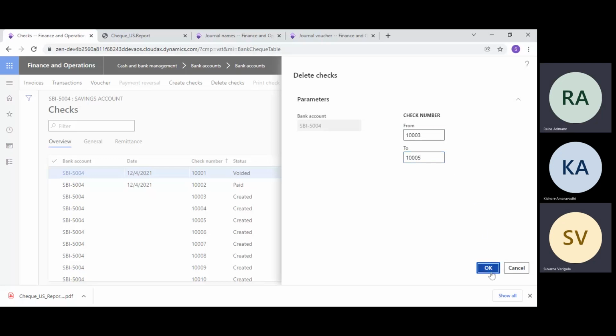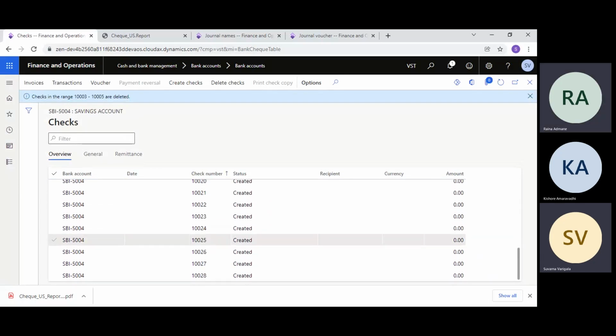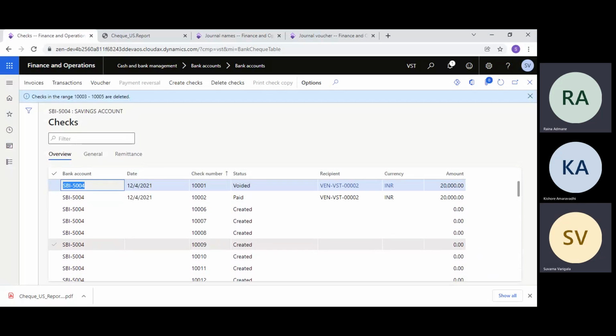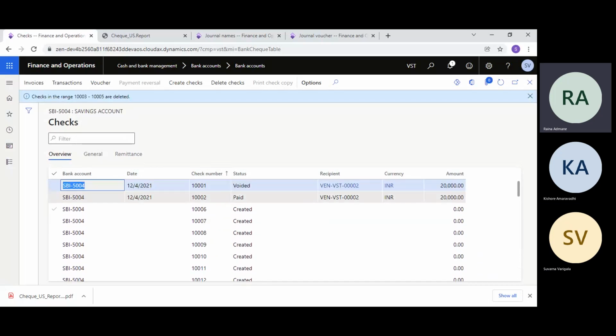Okay. It will not be there in the list. No, it will delete from here. Just try. Oh, again, it is not there. Acha, you removed that from 3 to what? 3 to 5. Yeah. So it has deleted that. Earlier it was mandatory to put one delete number, but now I think they have removed that. So just simply selecting the delete checks, it is deleting that.